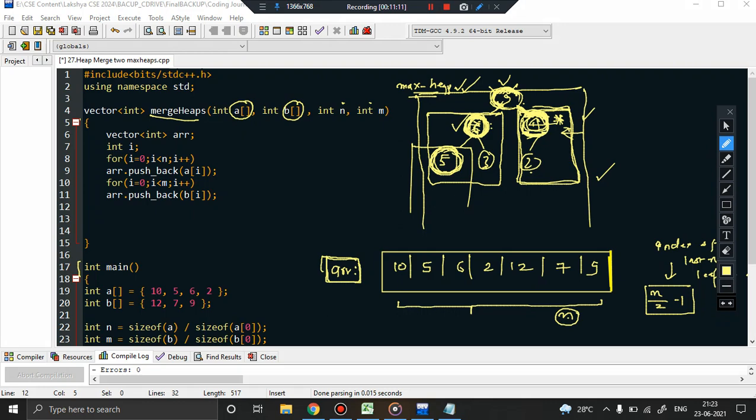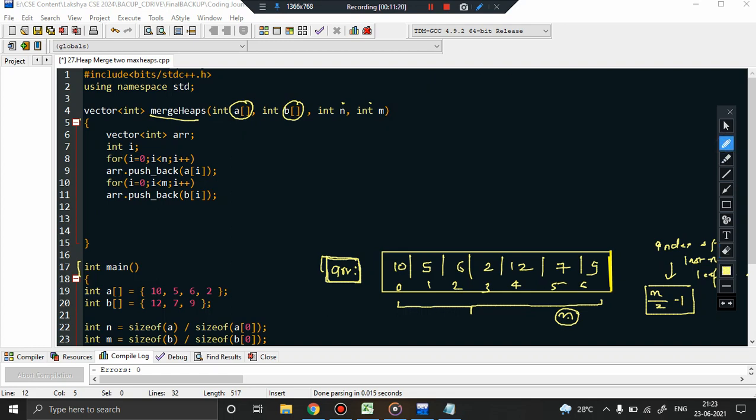So if I look at the indices 0, 1, 2, 3, 4, 5 and 6, let me rewrite this particular array. Assuming that the resultant vector array ARR is the level order traversal of a complete binary tree, it is like 10, 5, 6, 2, 12, 7, 9. Great. And you can see the index positions I have already marked: 0, 1, 2, 3, 4, 5, 6. What will be the last non-leaf node? Definitely you can see the last non-leaf node is this node 6.